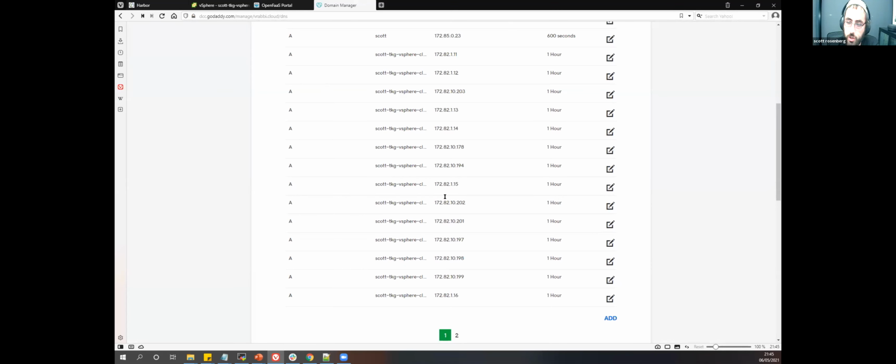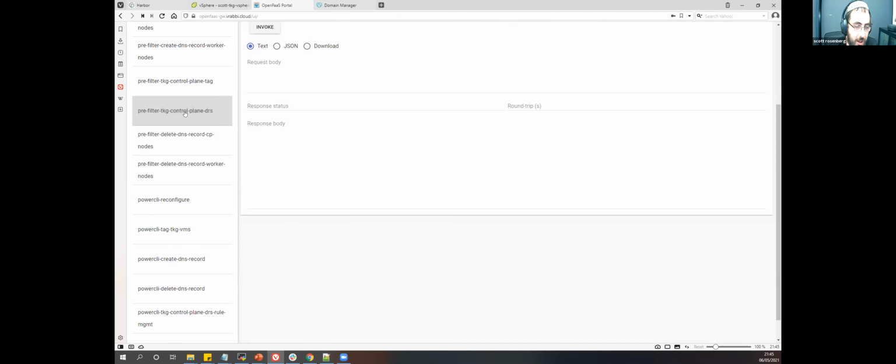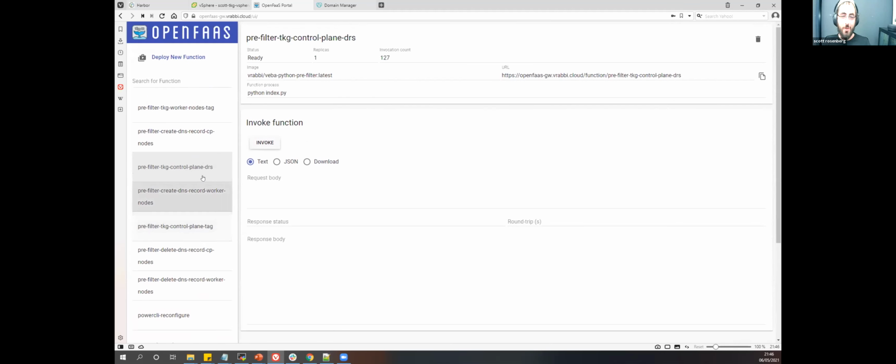So this is a really nice, really simple way of actually managing things. And I use something that I believe Michael created, which is the pre-filter function in Python. For the record, it wasn't me, it was another VEBA contributor from the community. Oh, awesome. Yeah. So in our actual environment, I have about 200 of them running right now, doing different pre-filters based off of naming conventions. We're very much based off of naming conventions here.